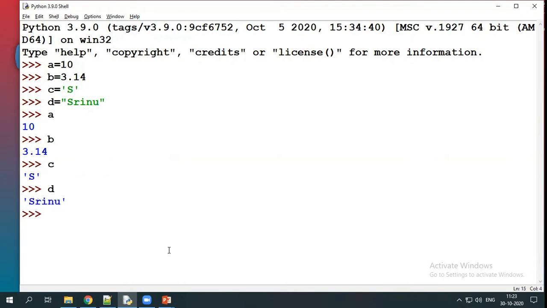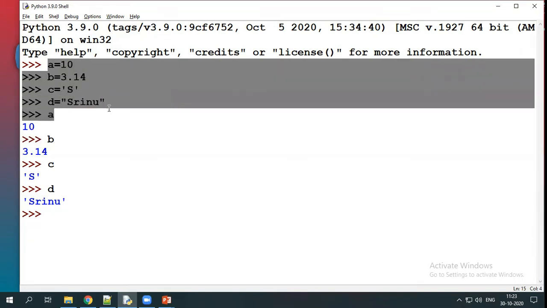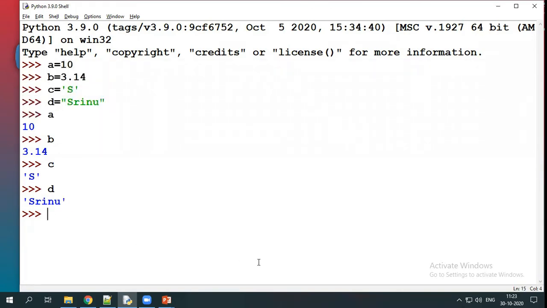See, we directly assign the values to our variables. Suppose I want to give multiple values at a time. For example, a comma b comma c comma d is equal to, directly we can give these values like 20. Now the 20 will be stored in a. The next value will be stored in b, some floating point value 9.9.